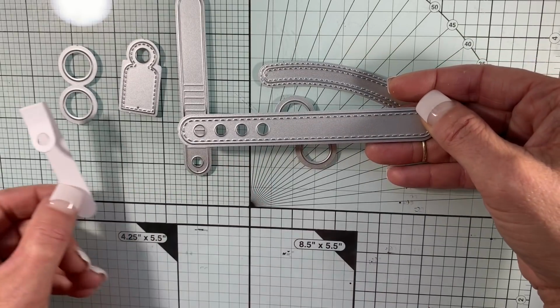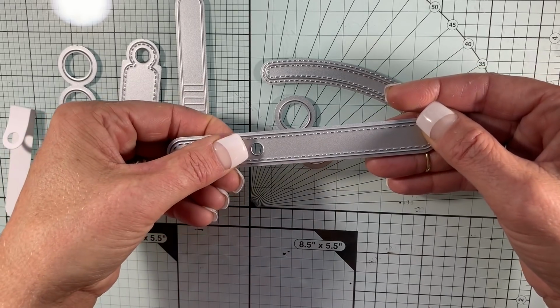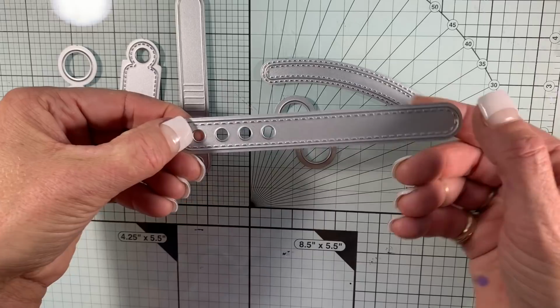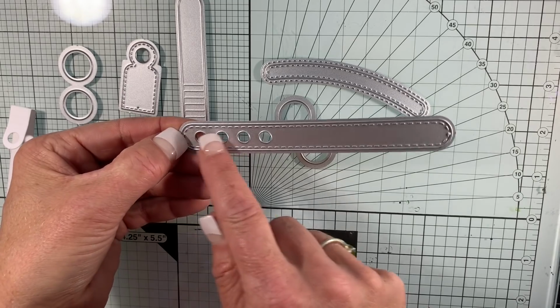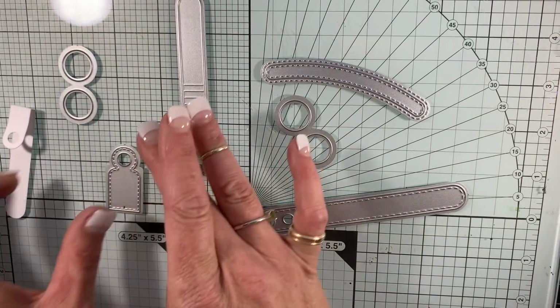The reason that we have dots, openings, punch outs in the pull piece is because you might want to be only pulling that far. You can cut off the excess. Maybe you need the full extension if you're doing an A2 horizontal, so you might need this one. It just gives you some options. This piece right here